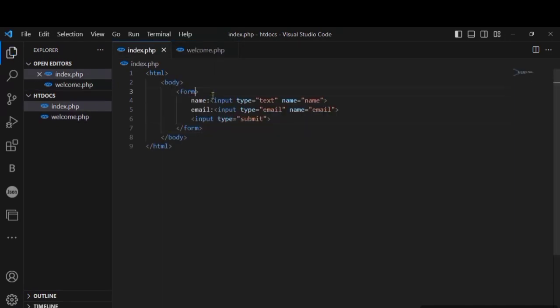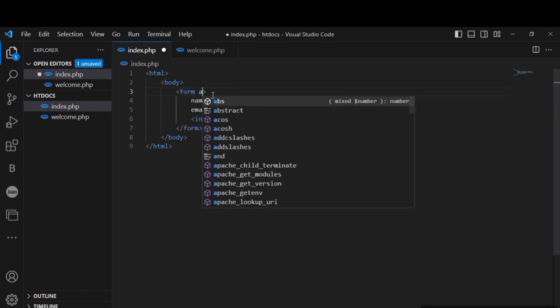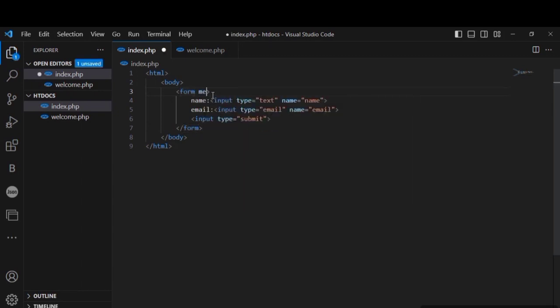So in this one we had named it name, or just a second, we need to give it an action and a method, right? So method shall be post, बिकॉज हम पीछे index.php में हमने पोस्ट मेथड दिया है, तो इसमें भी पोस्ट मेथड देनी है. अगर उसमें गेट दी होती तो यहाँ गेट देते. सिंपल एज दैट. ऑल राइट, सो एक्शन विल बी वेलकम डॉट पी एच पी ऑब्वियसली. वेलकम डॉट पी एच पी. ऑल राइट,